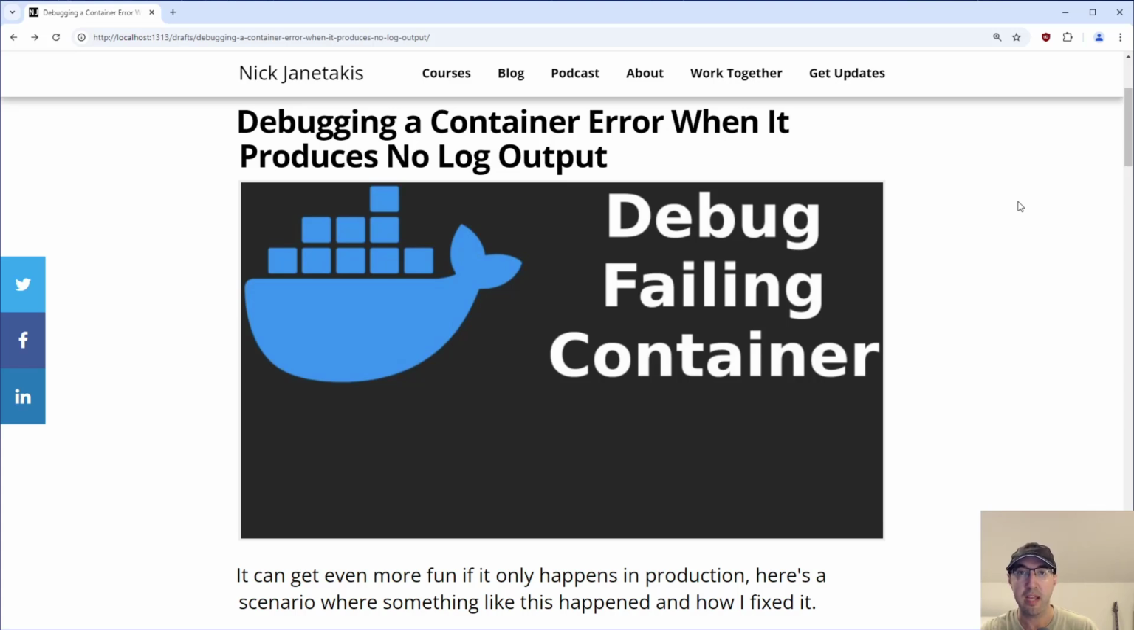In this video, we're going to go over debugging a container error that produced no log output. This was a scenario that happened recently while doing some client work, and what made it even more fun was it only happened in production. So throughout this video, we're going to be going over this blog post, which will explain the problem set, some of the steps I took to debug it, so maybe in the future, if something similar happens to you, you'll